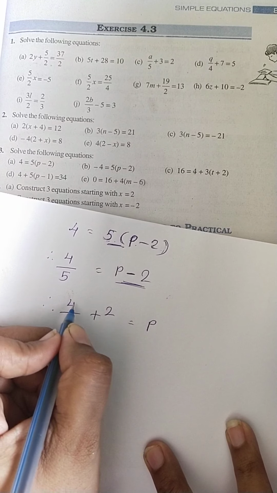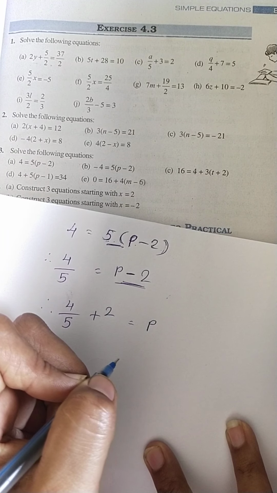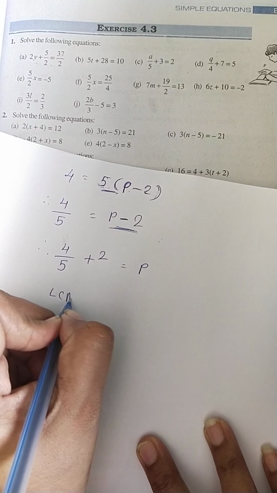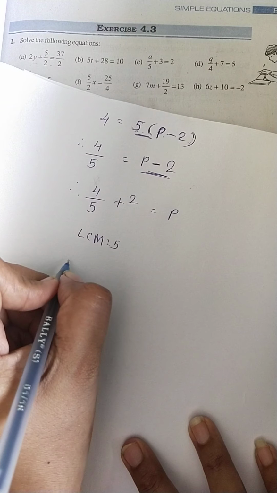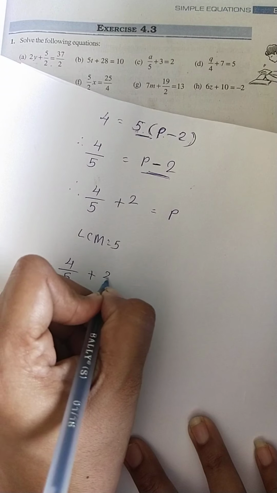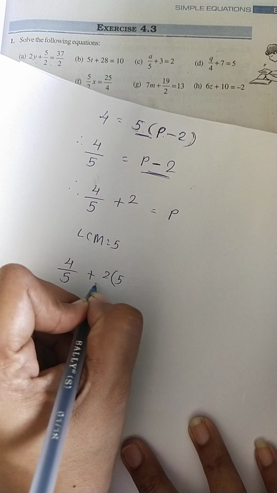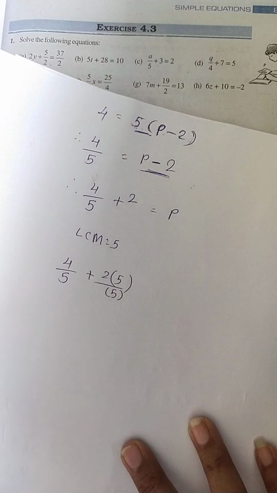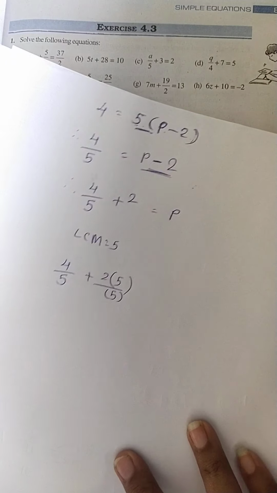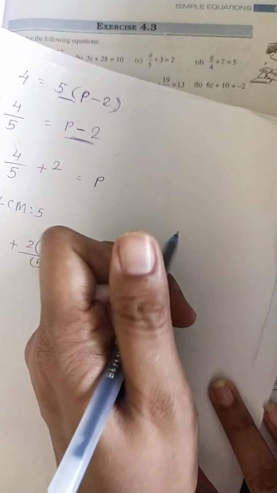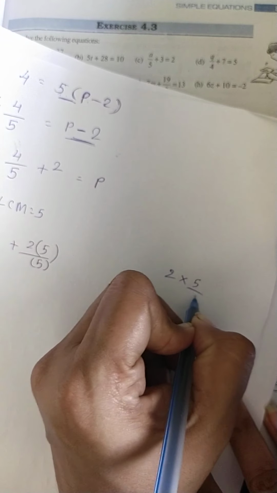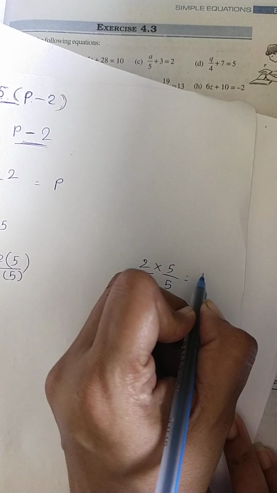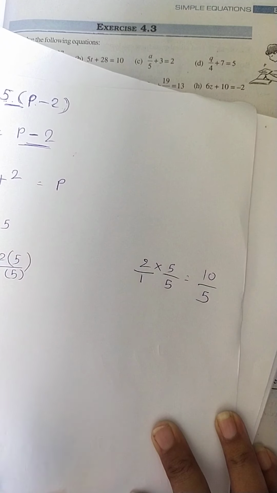Now see students over here, one is a fraction, one is a whole number. What we have to do? Yes, we have to take the LCM. So here my LCM is equal to 5. So 4 upon 5 as it is, 2 we want over here denominator 5. So multiply. You know this rule. We have to change denominator and numerator both, and if you are not able to do it this way, then you have to do 2 with the 5 and 5. Denominator nothing is there, it means 1 is there, 2 5s are 10 and 5 1s are 5.